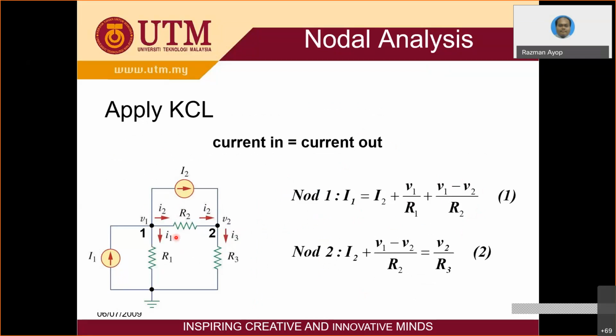At node 2, also use the same way. So I2, capital I2 and small i2, goes into the node. So if you look here, I2 equals V2 divided by R3, which is this current goes out of the node. So you get the nodal simultaneous equations here. But the problem with these simultaneous equations is they are not in the standard form, and you cannot get into the